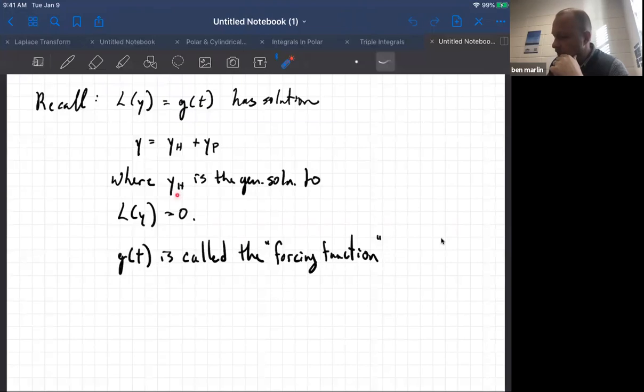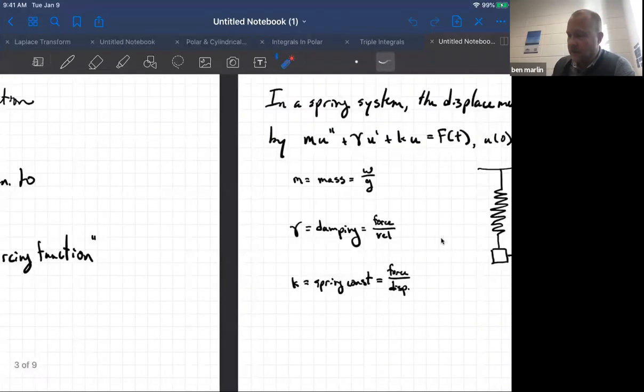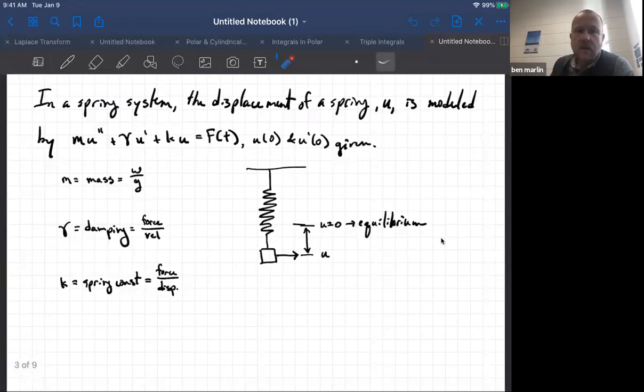So the y sub h is the general solution to the homogeneous part, all right? And the g of t that you see over there, this reference to a forcing function really makes a lot more sense in the context we're going to look at it here. Okay, so we are going to take a look at a spring system,